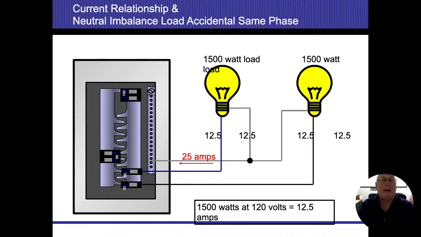Now this one, if you look back at the panel, you can see we moved that second breaker up a slot. When we did that, now both of those breakers are taking power off of the same phase. Now we said before that amperage will cancel each other out, but in this case, since they're both on the same side, they're not opposites any longer, we're going to be adding them up. And now we're going to start overloading. So if I've got a 20 amp breaker and 12 gauge wire, and I'm running 12.5 on one side, 12.5 on the other side, since they're on the same phase, we're going to actually add the amperage at this point in time. So on that neutral, because amperage doesn't disappear, it will add up,